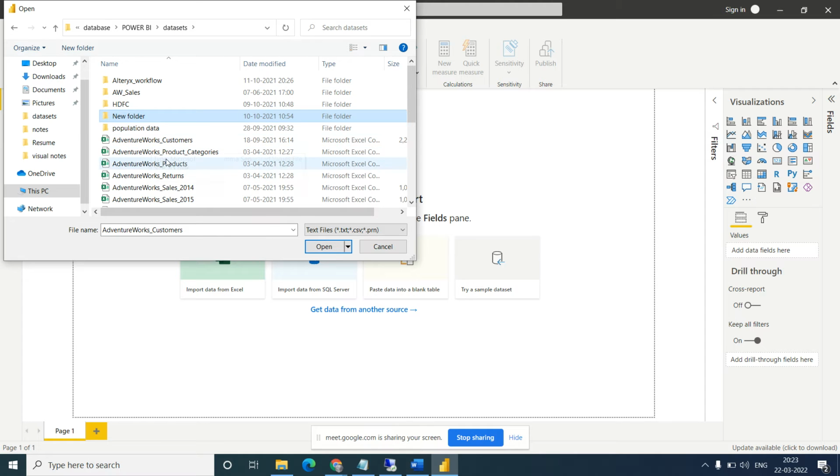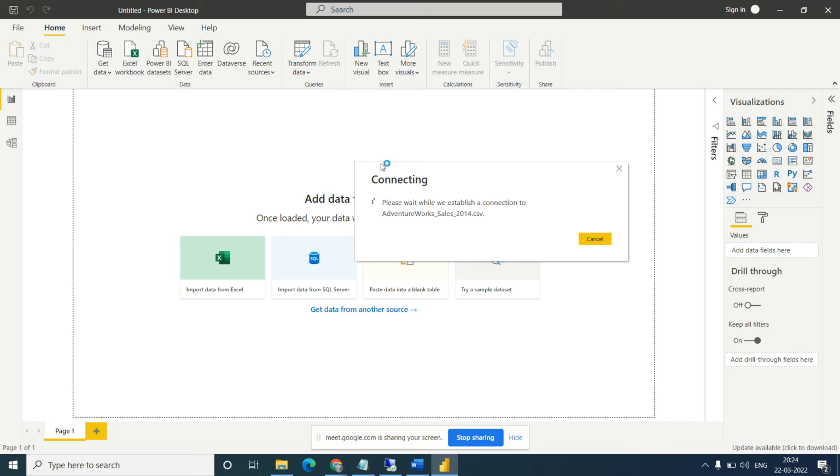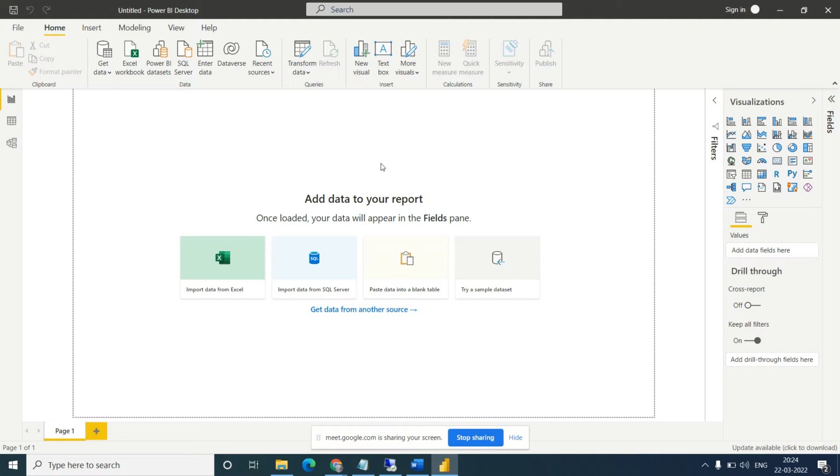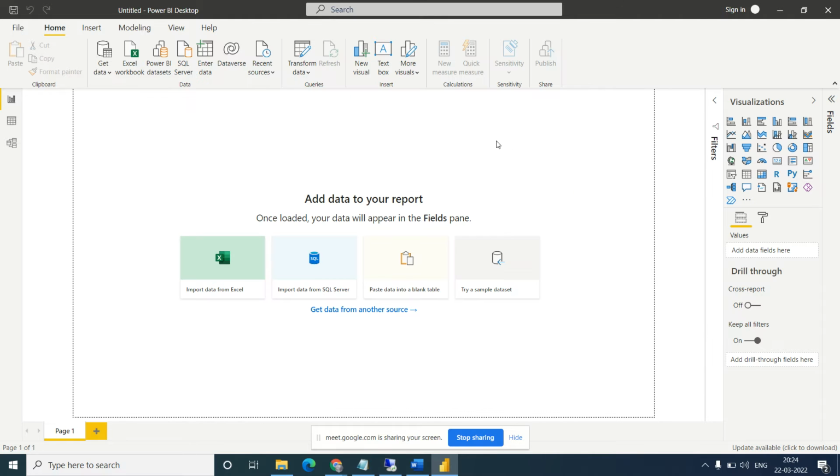Okay, let's connect with the Adventure Works 2014-15. Data is not proper here. Let me close this.